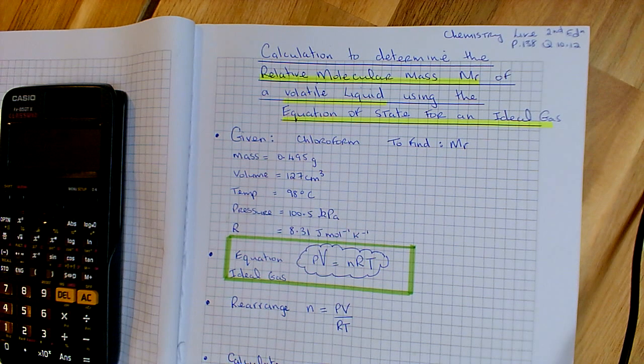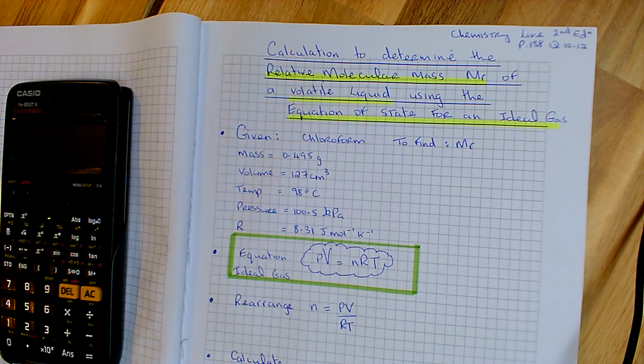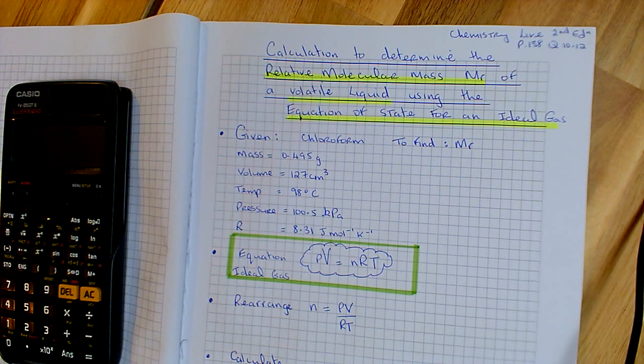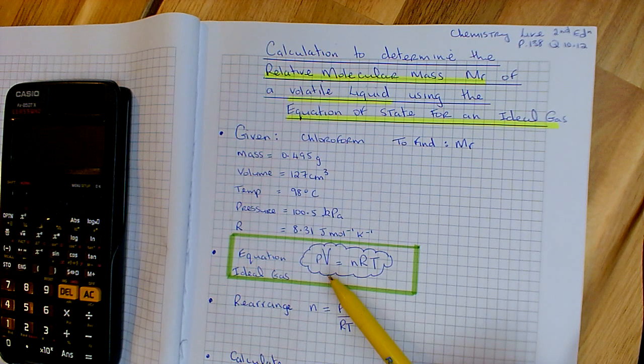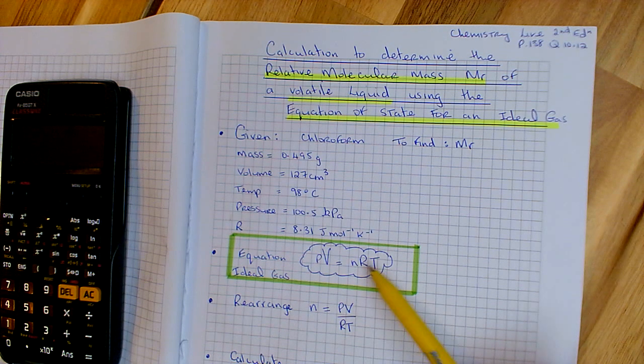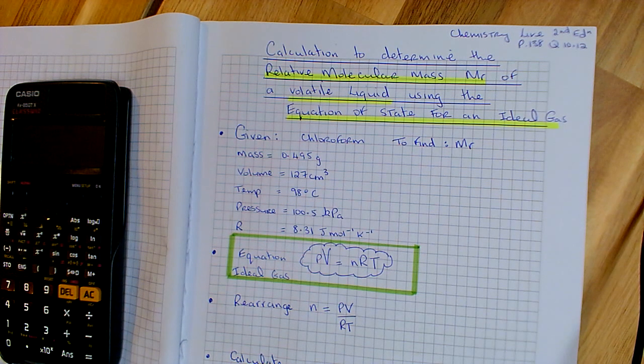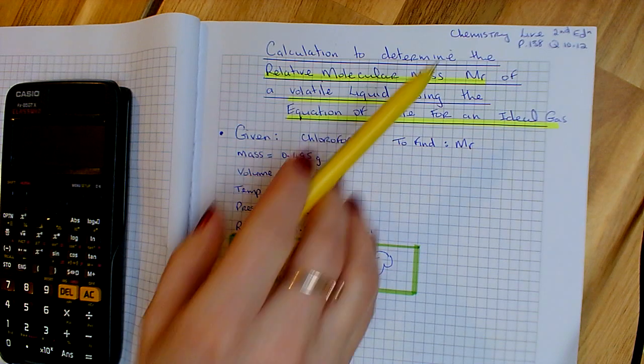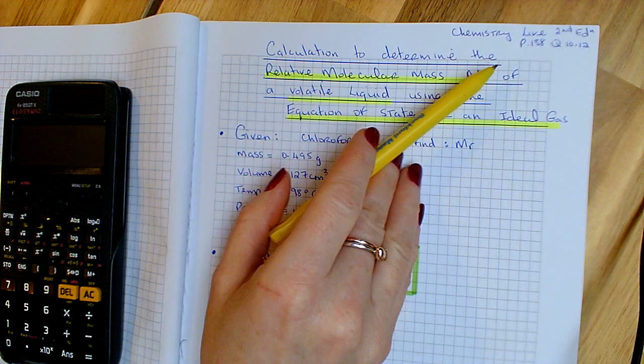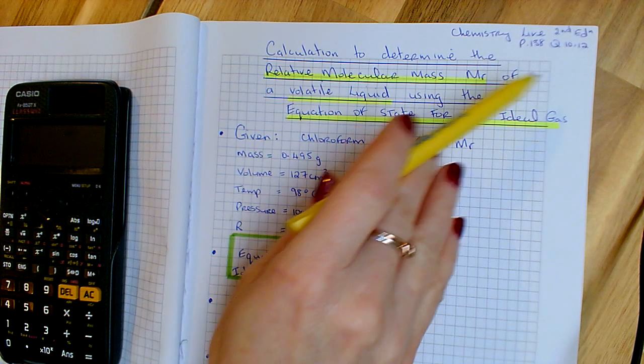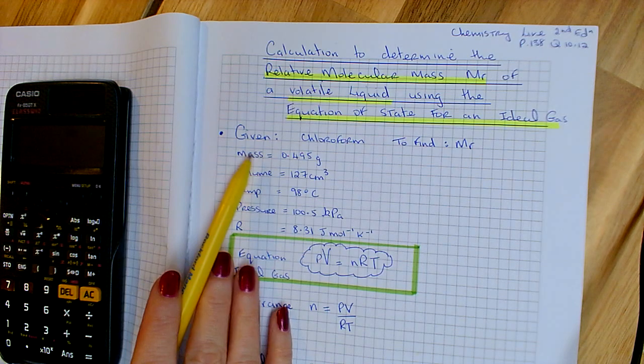In this question, we're going to calculate the relative molecular mass of a volatile liquid using the equation of state for an ideal gas. The equation of state of an ideal gas is PV equals nRT. In this question from the Chemistry Live textbook, 2nd edition, page 138, question 10.12, we're given the following